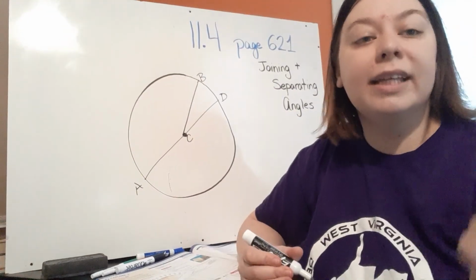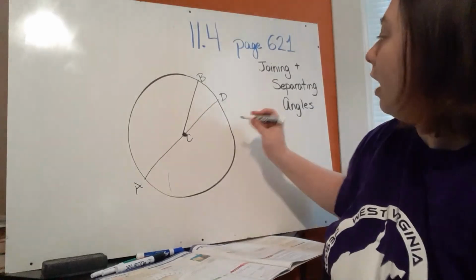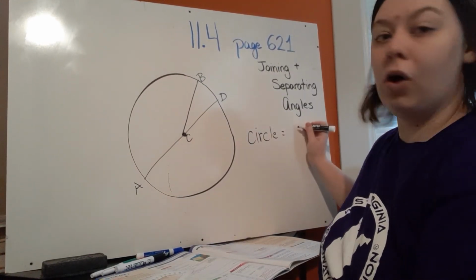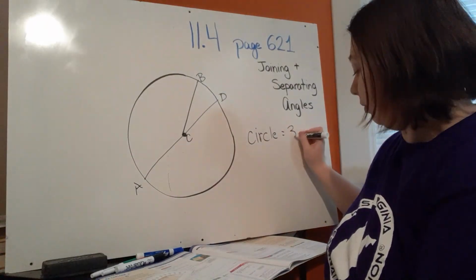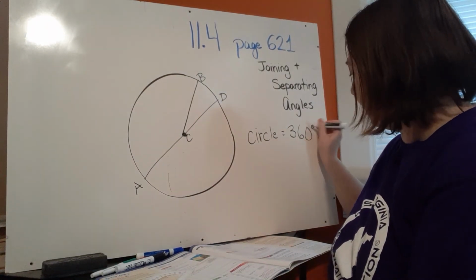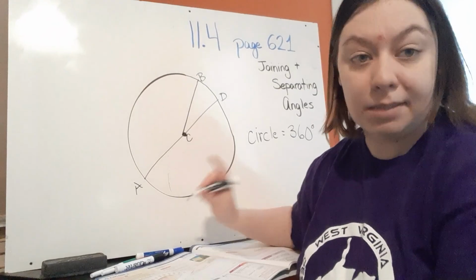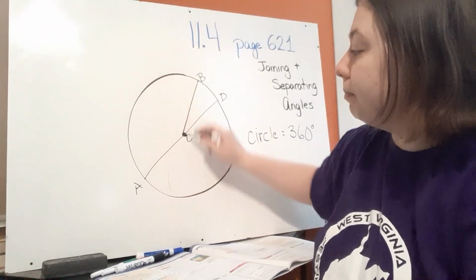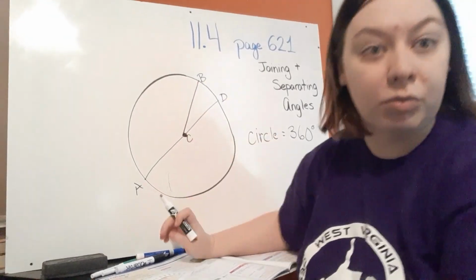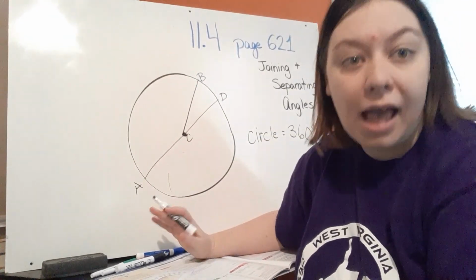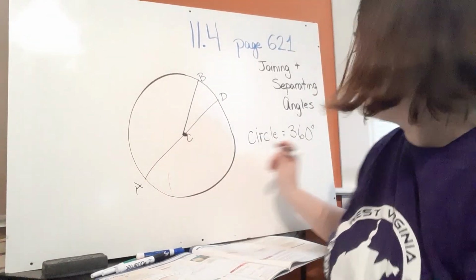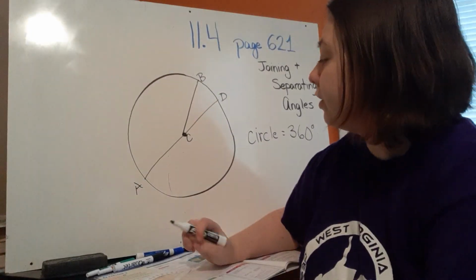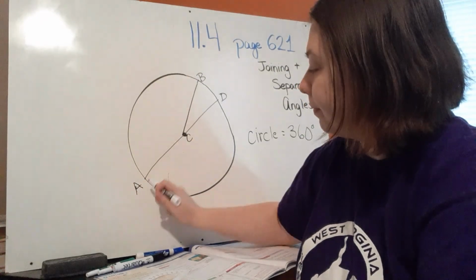Now, the key, what you need to know, a circle always has 360 degrees. That's my whole, always, for a circle. So I know that the measure of these 3 angles has to total, when added together, 360 degrees. So, first one we're going to look at